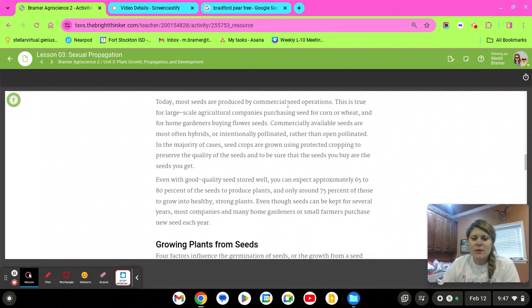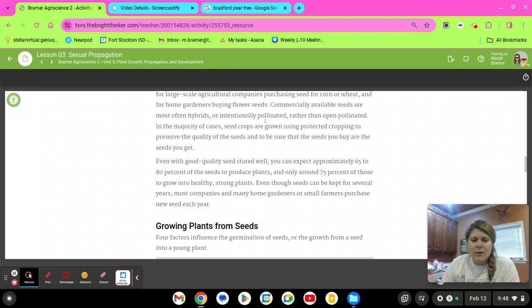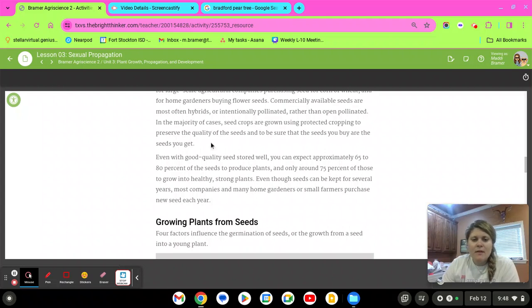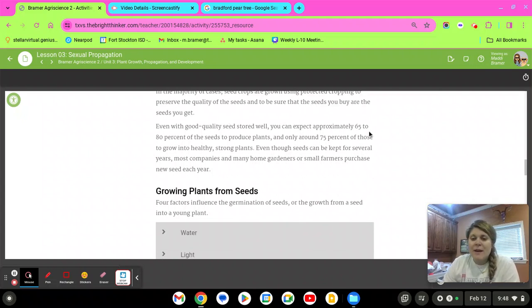So today, most seeds are produced by commercial seed operations. There are large companies that all they do is develop seed and sell and purchase seed. I know a lot of people who are sellers of seed, mainly to farmers. So commercially available seeds are most often hybrids or intentionally pollinated. In the majority of cases, seed crops are grown using protected cropping to preserve the quality. You can expect 65 to 80% of the seeds to produce plants, and only 75% of those grow into healthy,